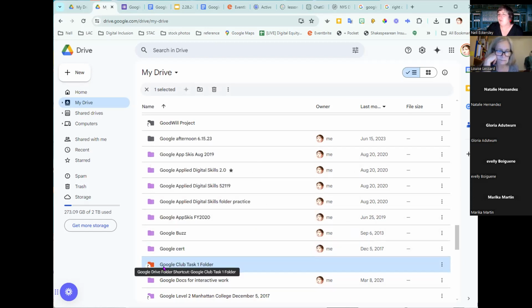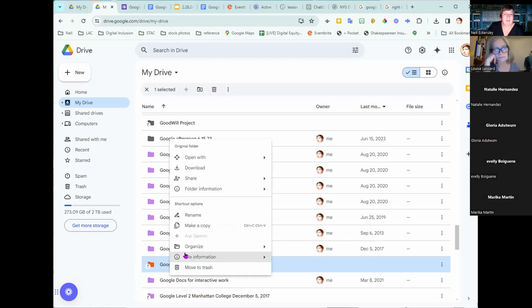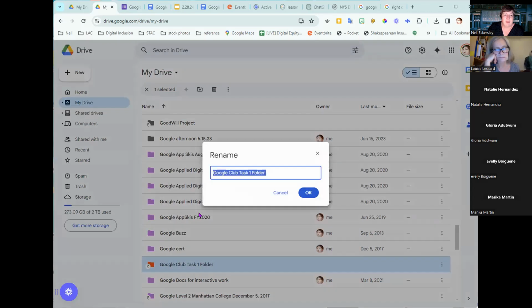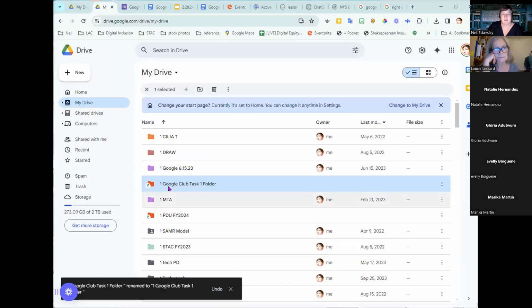And do you think I could rename the shortcut? Will that impact the name of the regular folder? Let's try it. So I'm going to click on this again. I'm right clicking. I'm going to go to rename, because I want to do my cheating thing. I want to put that number in front of it so it goes up to the top of my drive. All right, so now it's here.